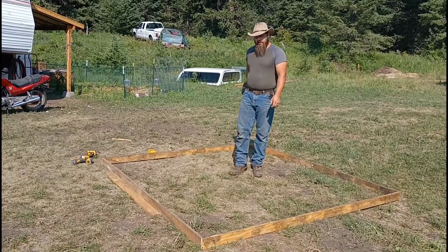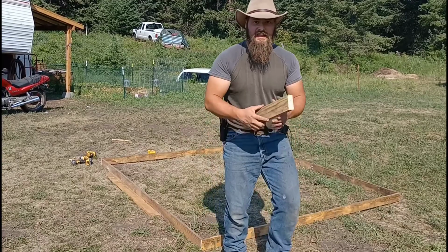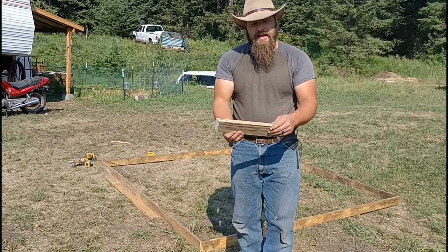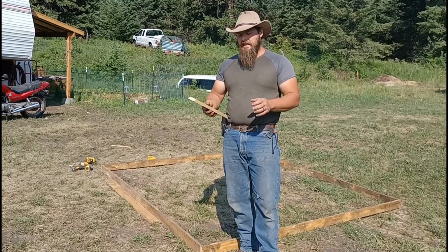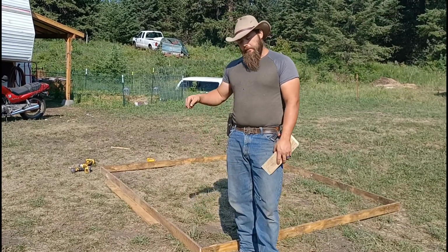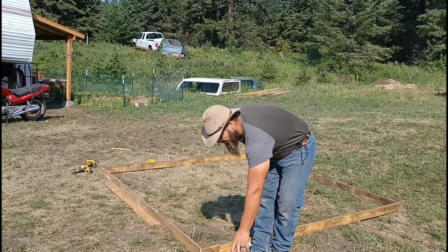So now what you want to do is, I have these little corner braces I cut. And they have 45-degree bevels on the end. They're going to go in this corner like this and reinforce the corner of the frame and keep it square. But before I screw these in and lock everything in, we want to make sure that this is square first. And so,